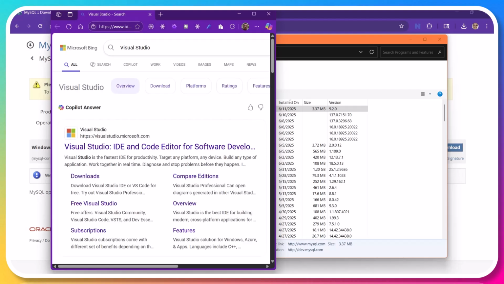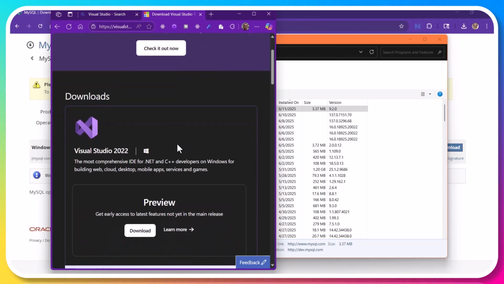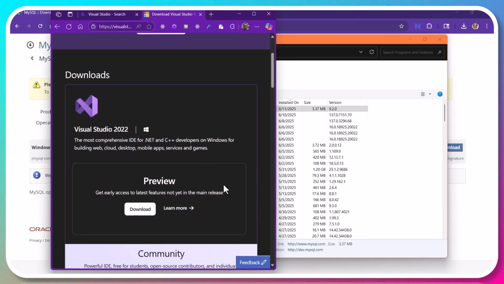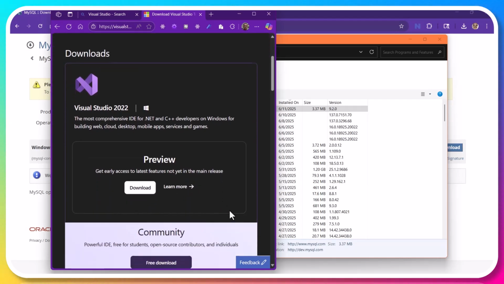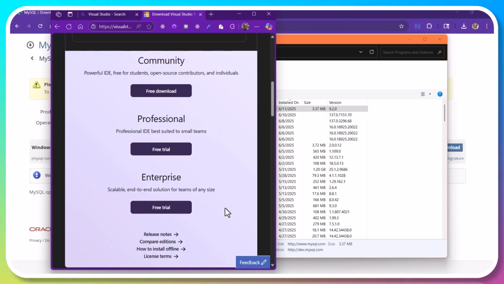Now let's install Visual Studio Community Edition 2022. Click on Free Download.